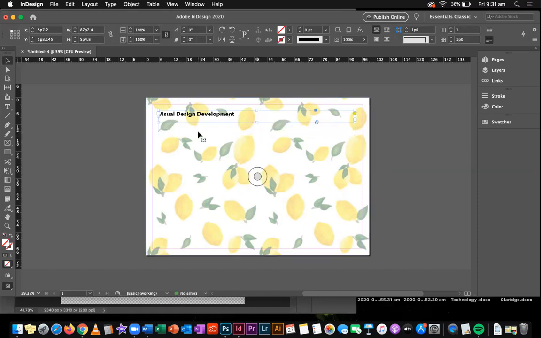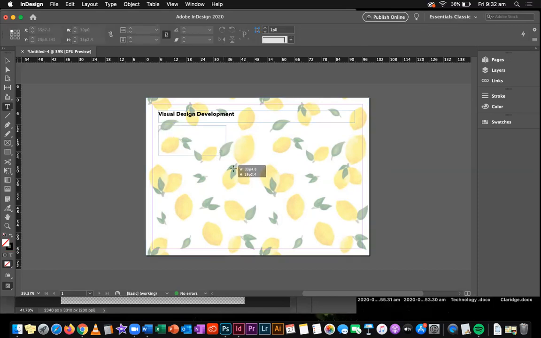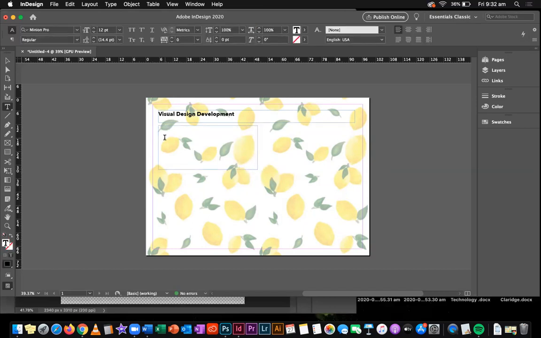And I'm going to create another text box for my text to come in here. This purple line that's appeared, or pink, has appeared as a guide. So it's showing me that's halfway across the page. So that's just a helpful tip. Now, if I started to write my text in here, so